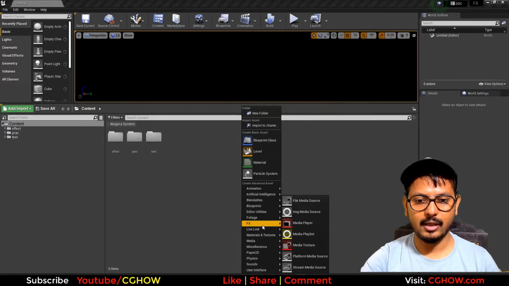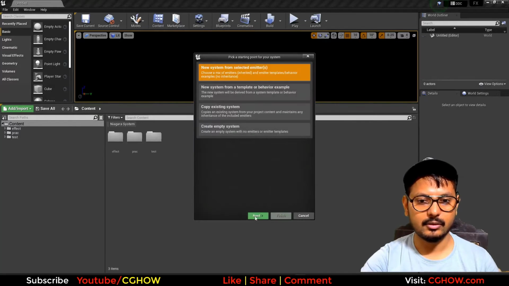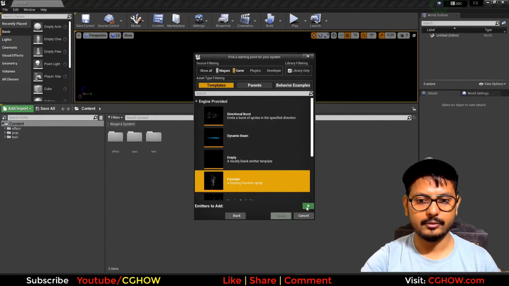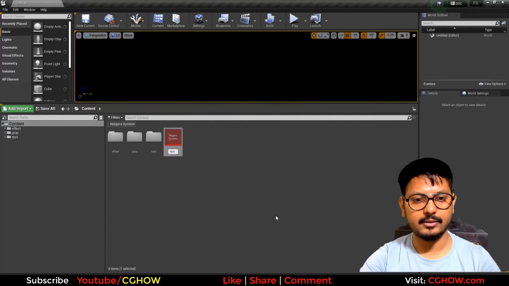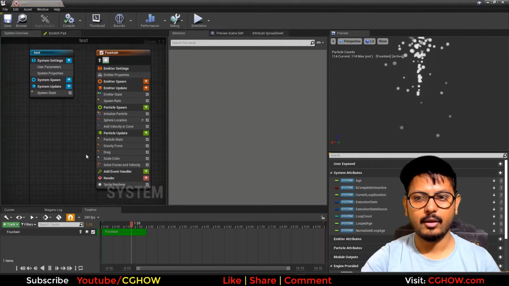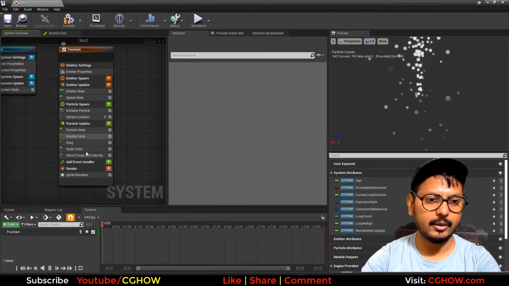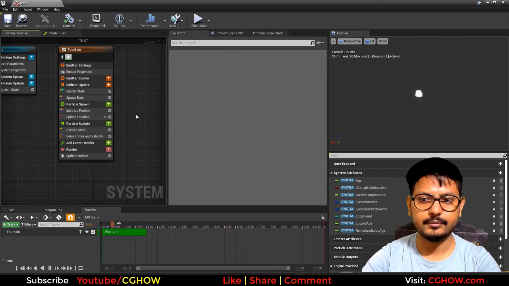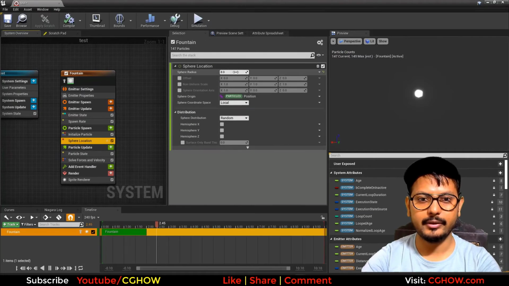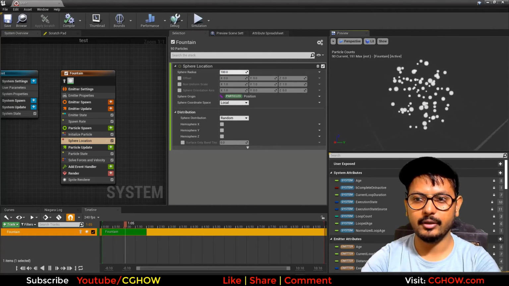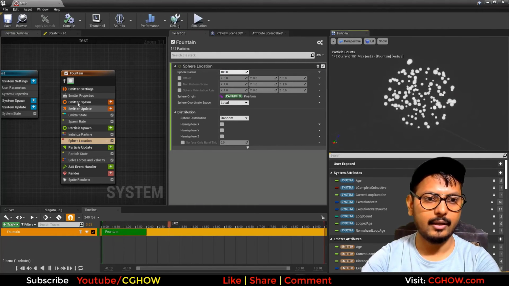So let's say I am creating this fountain, call it test, and now I have these particles, and if I remove all the velocity, this is now white and on a sphere, and let me make it